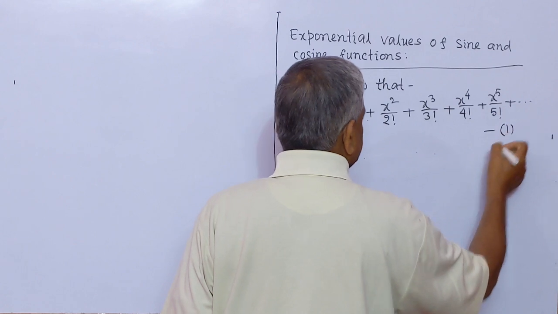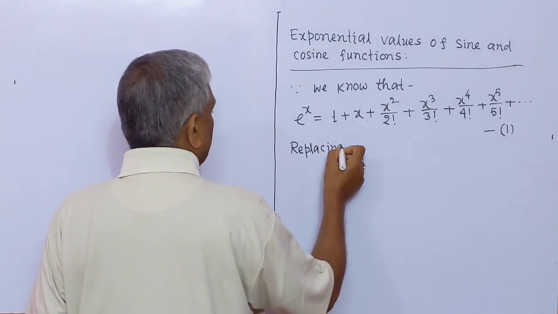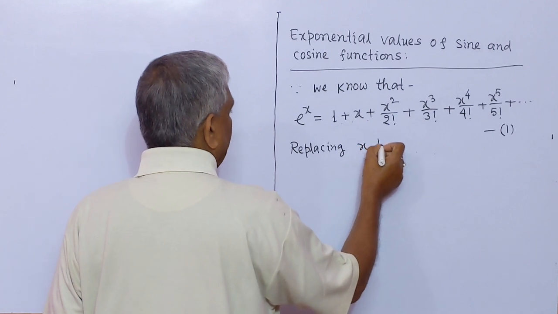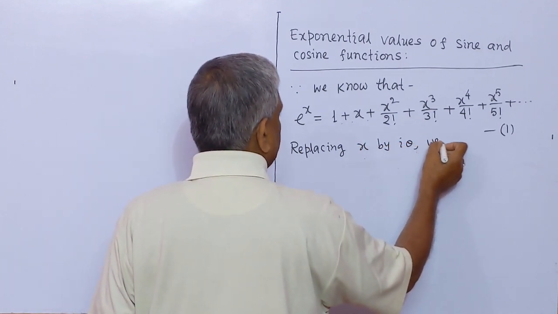This is number 1. Replacing x by I theta, we get